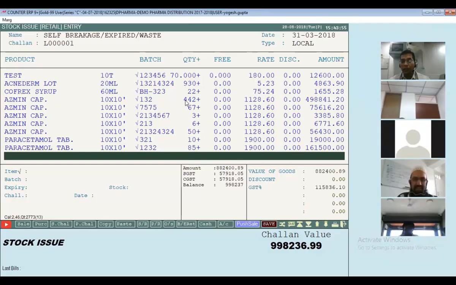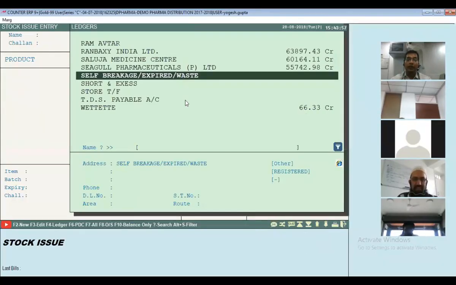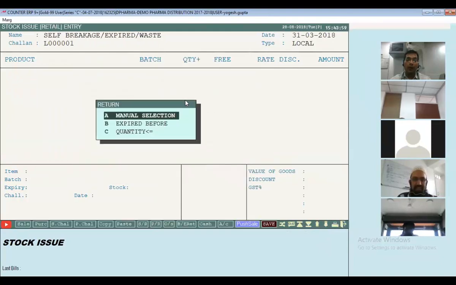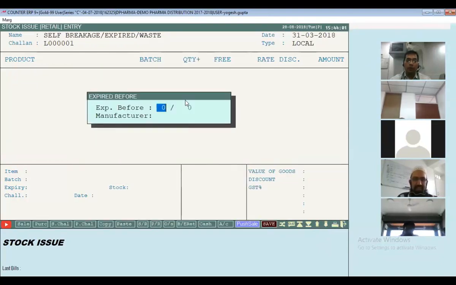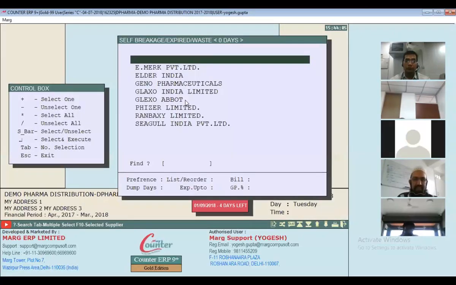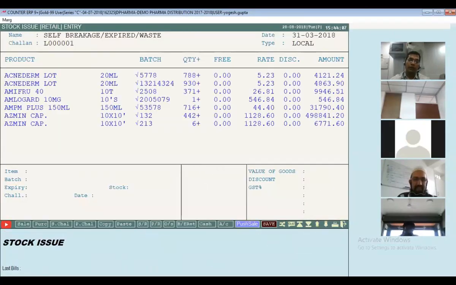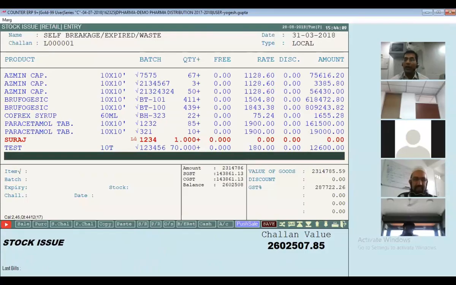And one more thing, if I increase the date, if I put it by 330, it would increase. Look at that, sir. Earlier it was 10 lakh approx, now it is 26 lakhs. This is the unique feature of Mark. Mark can save the expiry goods, lots of facilitation given by Mark. Correct, sir?